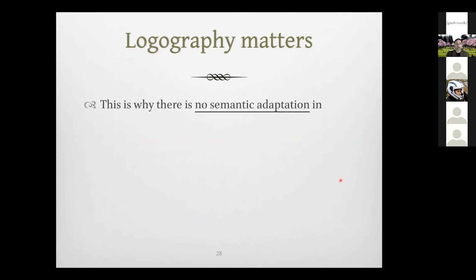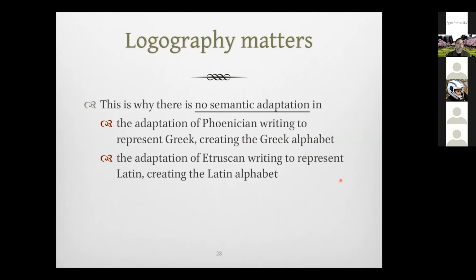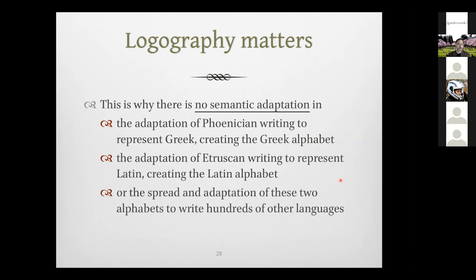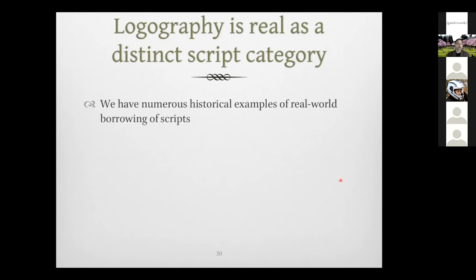And it's precisely because the source writing systems are not logographic that we do not see semantic adaptation when Phoenician is adapted to write Greek, the source of the Greek alphabet, when Etruscan is adapted to write Latin, and so on and so forth, including the spread and adaptation of these two alphabets, Latin and Greek, to write hundreds of other languages. So it's my claim that given all of the historical examples of real-world borrowing of scripts,